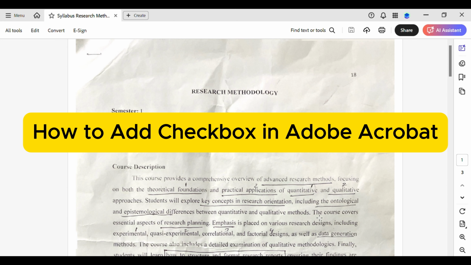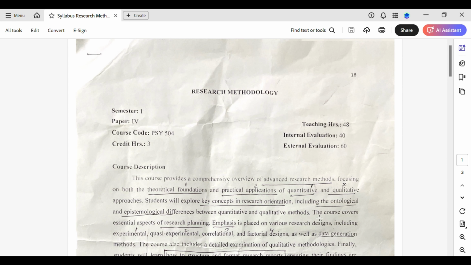How to add a checkbox in Adobe Acrobat. Today we are diving into a super handy feature, adding the checkbox in Adobe Acrobat. Let's make those PDFs interactive. Let's get started. First things first, open up your Adobe Acrobat and open the PDF in which you want to